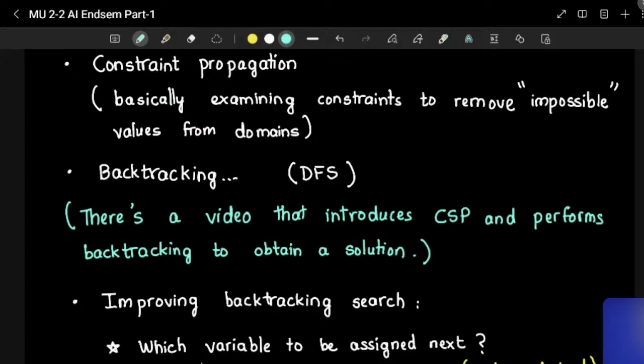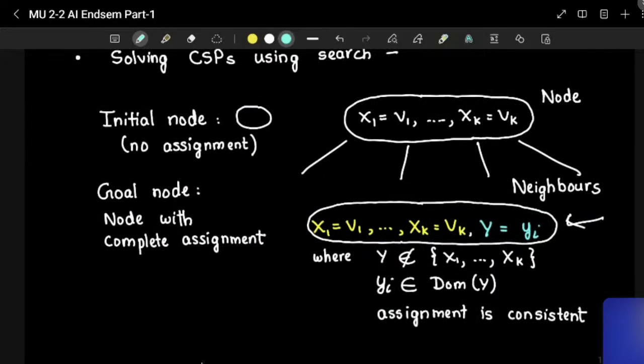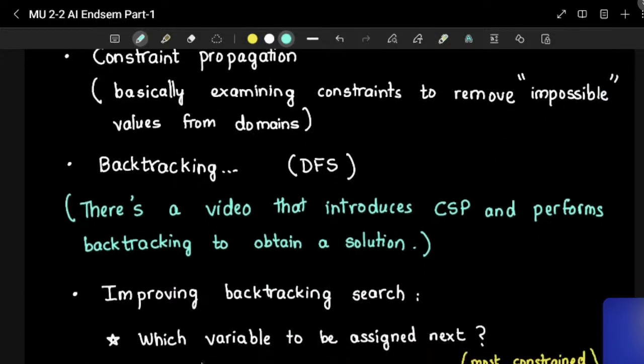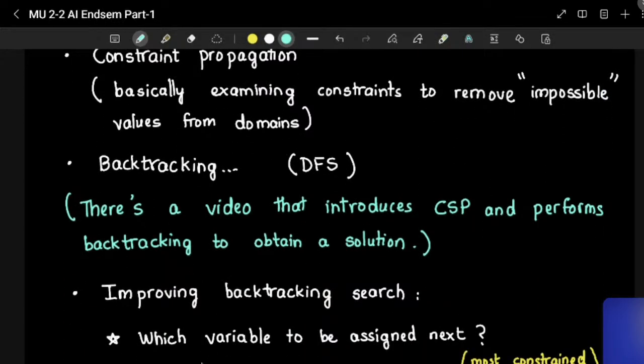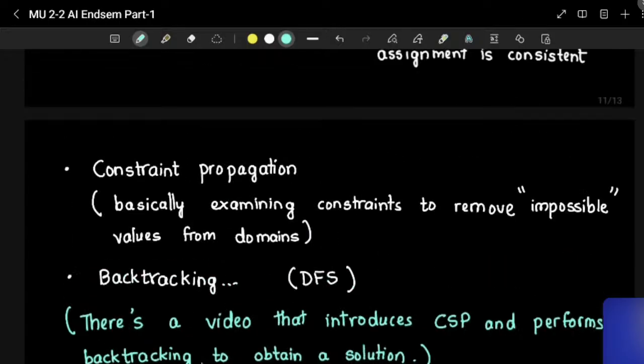Constraint propagation will reappear, that's there. Backtracking is something very similar to DFS. It is similar to solving CSP using search. It is very similar, I think it's almost the same. There's a video, I'll share that video. It's just 5 or 7 minutes long. There's nothing much in that. I mean, backtracking is probably,